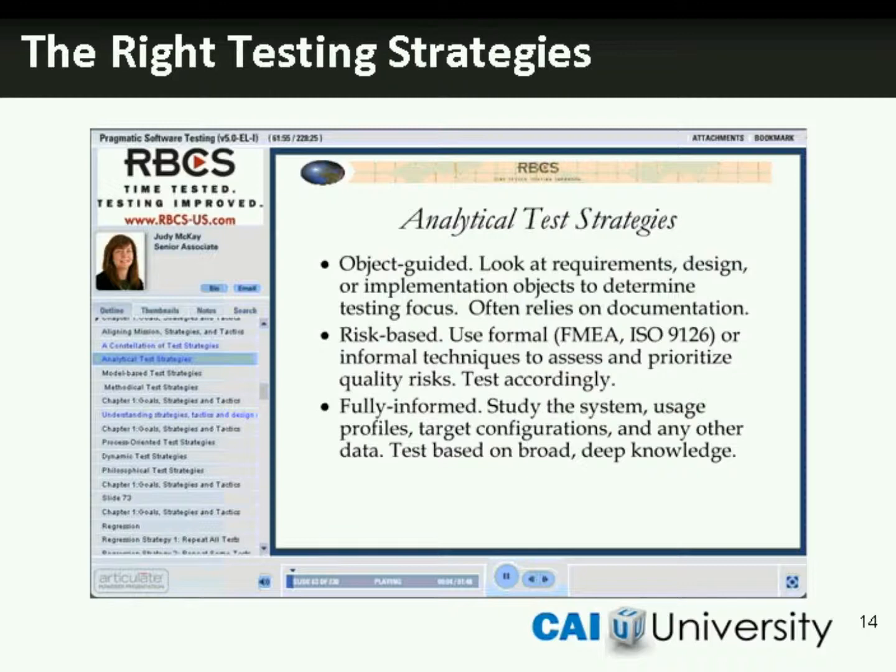They're a great complement to the analytical techniques, because to the extent that analytical techniques have weak spots, these reactive techniques tend